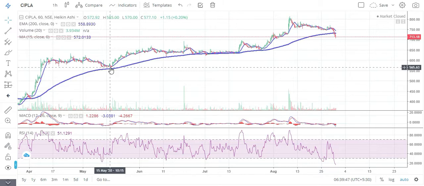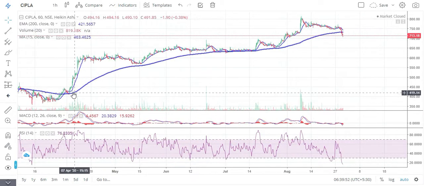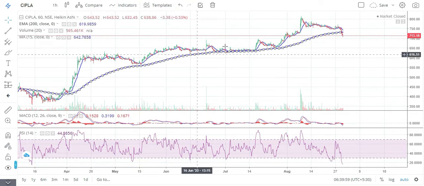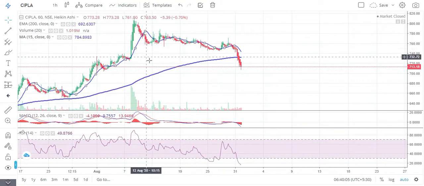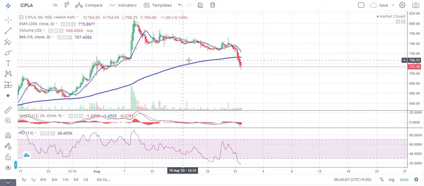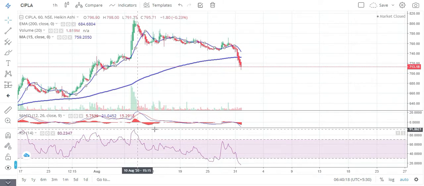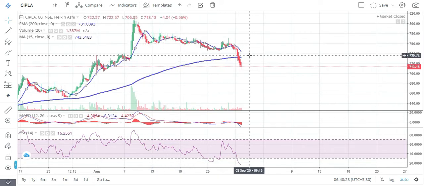That's one way. If I'm looking at a longer term, then I'm going to be looking at this moving average, which is the 180 days moving average. So the cumulative average of 180 days is going to be this price line. And for a shorter time frame, I am going to be looking at the smaller one, which is the 15 days moving average. Whatever the price is for those 15 days, the moving average is taken and drawn, and then again another 15 days and it's drawn. It's something like that.